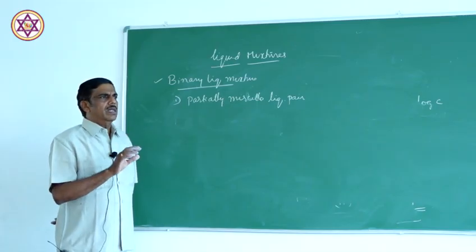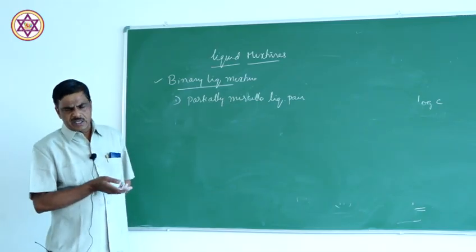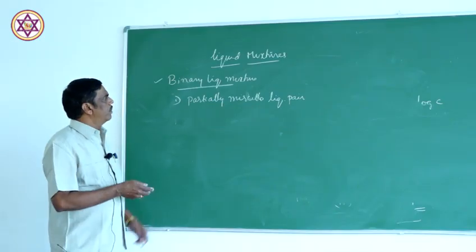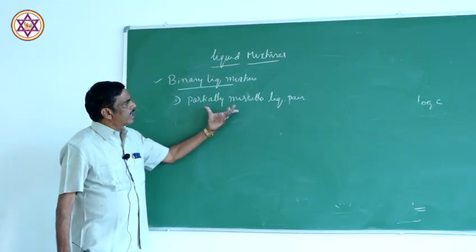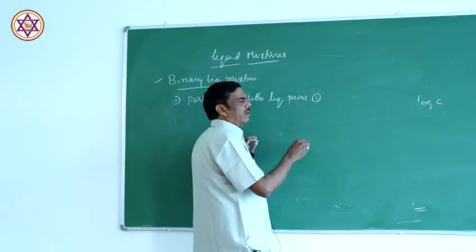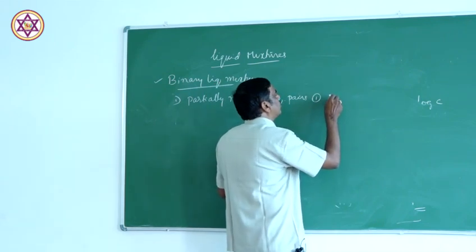The miscibility is not complete. It is complete only at special conditions. At high temperature, at various concentrations, it may be highly miscible, but at ordinary temperature, at ordinary conditions, it is partially miscible liquid pairs. Examples of this type, very important examples, are